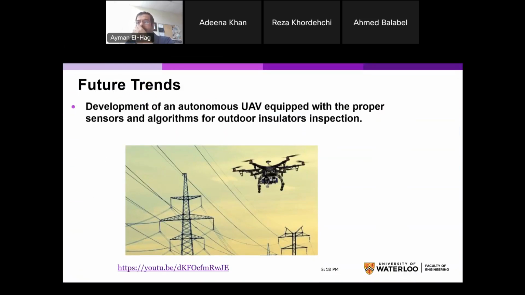Okay, so to sum up, to come to the conclusion, what are the new trends in this technology? Application of machine learning. One of the things that many researchers are actively involved in, and I am also trying to get into this area, is to use UAVs, drones, to do inspection of the insulators. So you have the drones, you equip them with certain sensors, and then send them close to the insulators and do the inspection. With this, it is more efficient, it is safer, because with the current technique, you send people